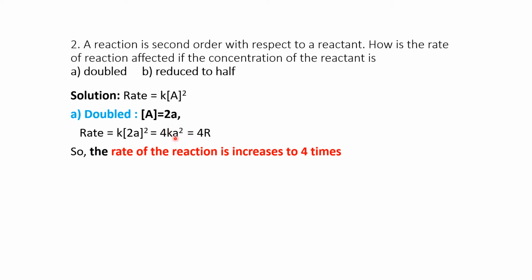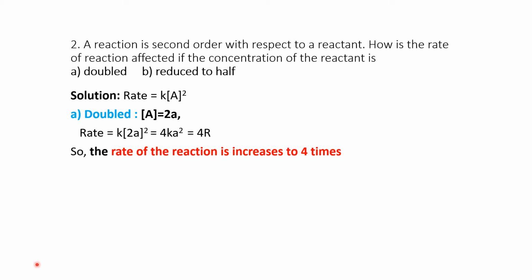So this is as it is, that is the rate constant. You know, K A square is the rate constant that we mentioned, simply I have mentioned it as R, just for comparison. Okay, this becomes the rate. So the rate of the reaction increases 4 times compared to these two. What is the difference? Only 4 is extra, so it is 4 times extra.